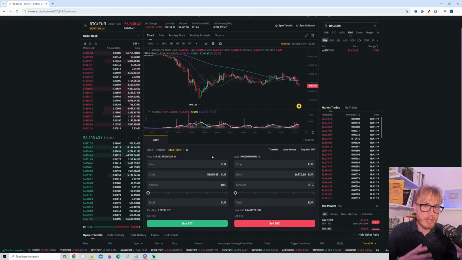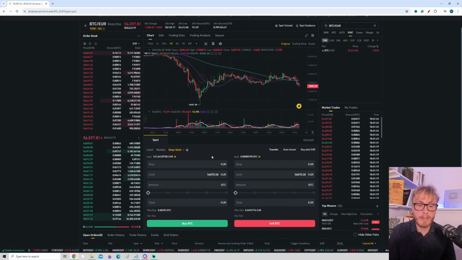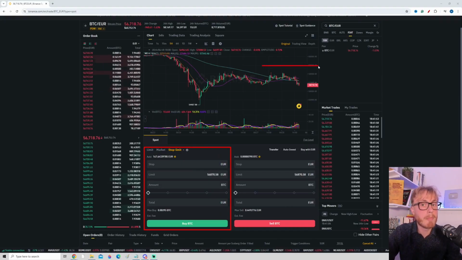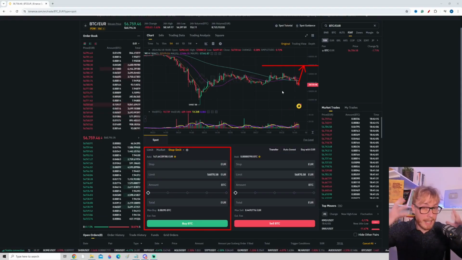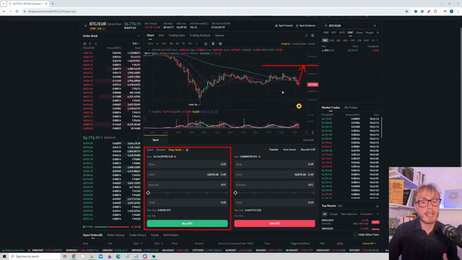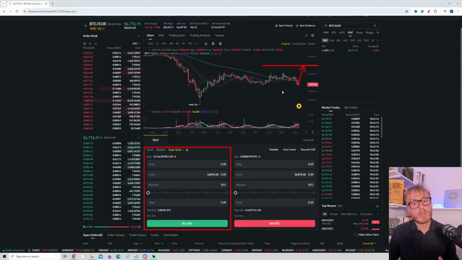You can think of the stop limit order as the opposite of the limit order. When you place a buy stop limit order, you choose a level above the current price, and if or when the price reaches that point, you will buy the cryptocurrency. This can feel a little counterintuitive, because you might think, isn't it better to get the crypto at a cheaper price? But this is not always true, because